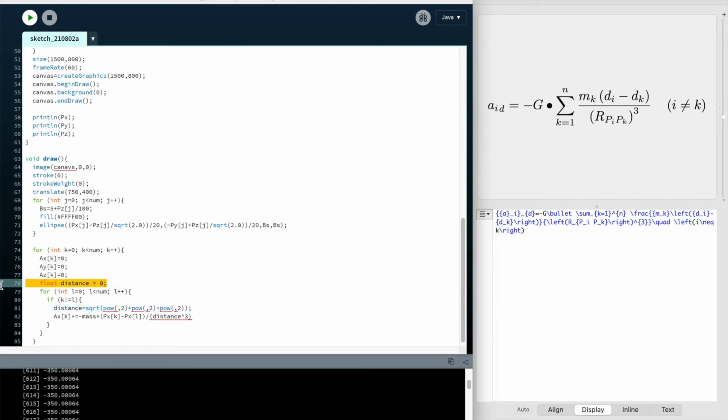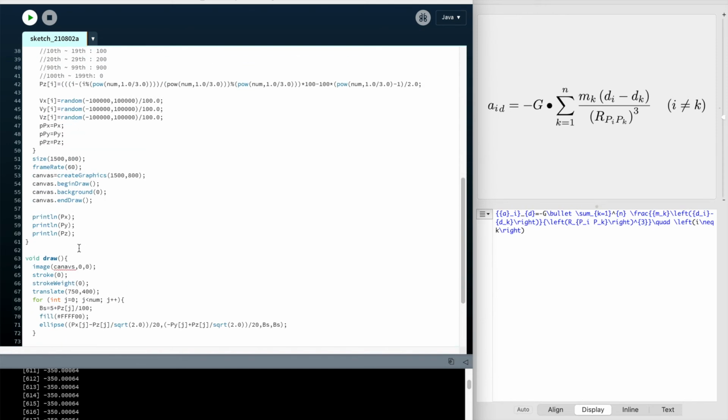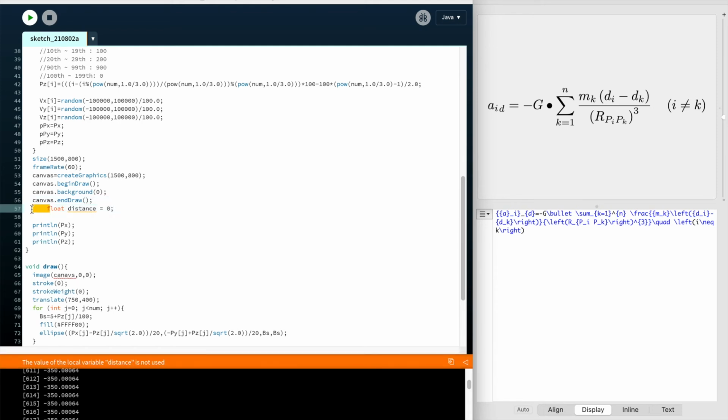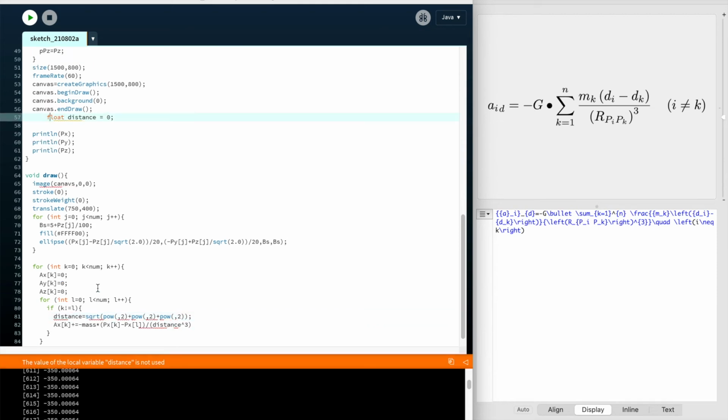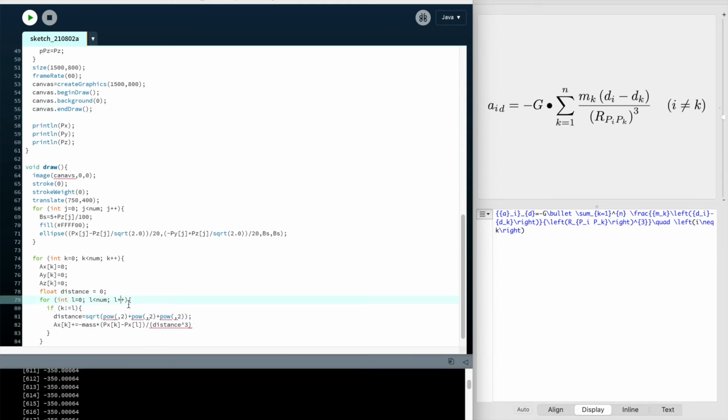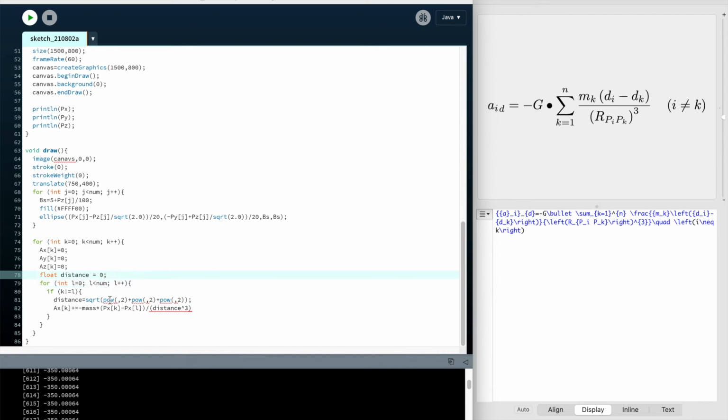So should I define my distance, does this work? Float distance equals 0. Wait, I think I have to define it before. So let's define my thing here. So float distance is 0. Now we can use our distance. Oh, I guess it should be inside. Yeah, distance is 0. And then power of, yeah. So it's going to be